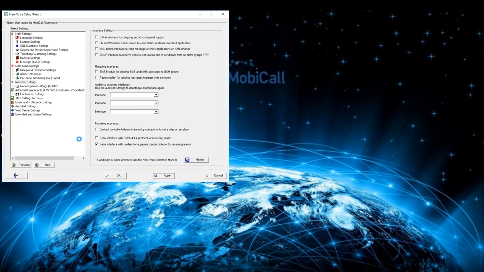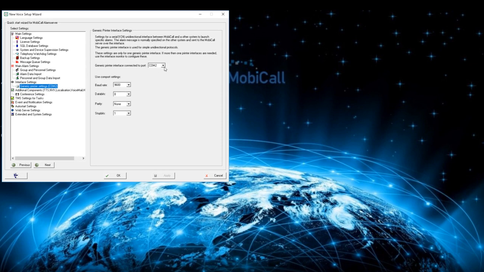Click on Apply and change to the now popped up generic printer settings on the left side. Now start to define the interface by selecting the COM port in the first drop-down menu. Define the baud rate with the next drop-down menu. These settings always depend on the third-party system. Define the data bits, the parity and the stop bits. Once set up, click on the Apply button at the bottom of this page and close the setup wizard by